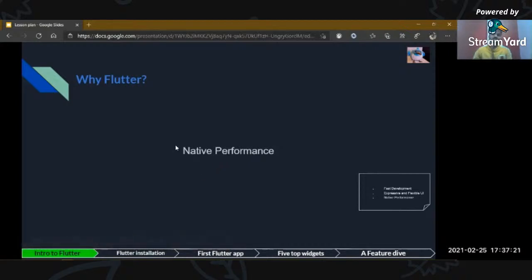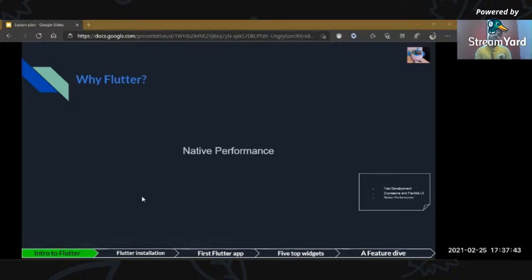Because of Flutter's fast development, native performance is greatly achieved. It incorporates all critical platform differences such as scrolling, navigation, icons, and fonts.